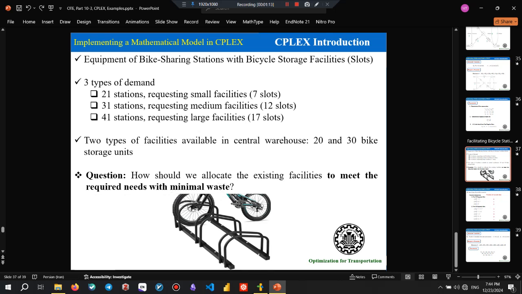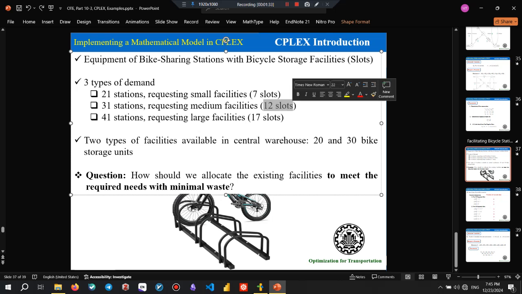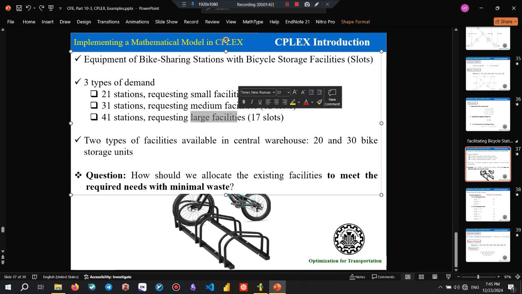So there are three types of demand: 21 stations required facilities that had 7 slots, 31 stations required 12 slots, like medium facilities, and 41 stations required large facilities, okay, with 17